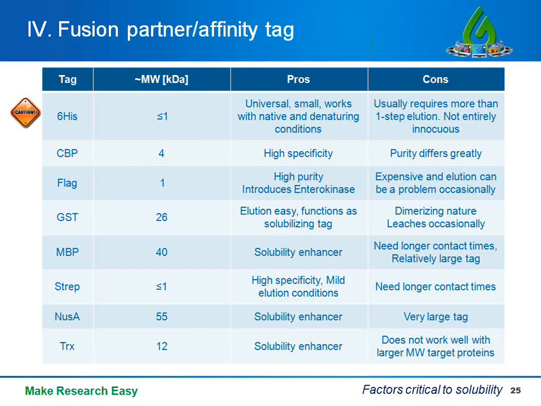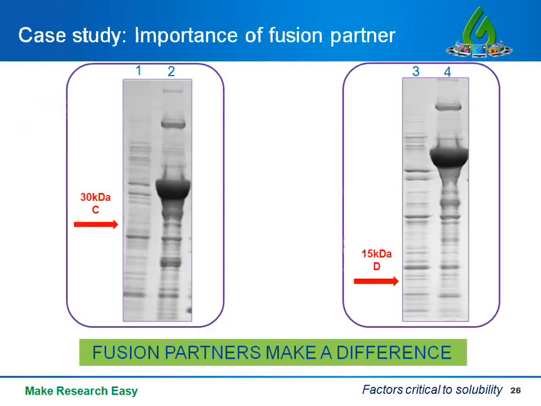And of course, there are other ways to address these problems during construct design and purification, but one thing to consider would be to leave the tag on, and this again depends on the application of your target protein. That is, if you can still derive biologically relevant data from using tagged soluble protein, you should consider that approach instead of going through the motions of trying to cleave off the tag and then struggling to keep your target protein in solution. Maybe in a separate session we can discuss the applications of fusion partner technology in producing recombinant soluble proteins and how to address these tag cleavage issues. But for now, let's move on.